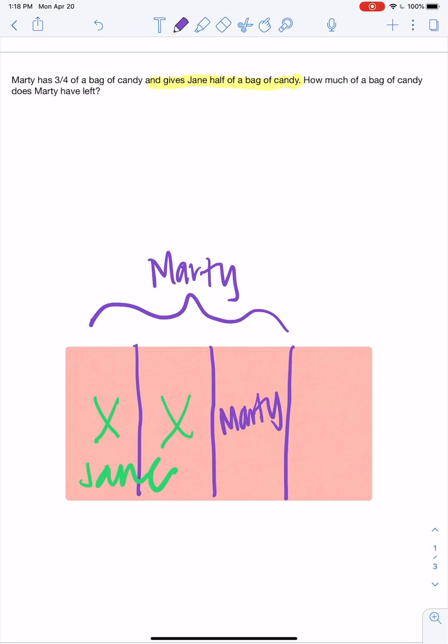So if we were to think about this as an expression, this would be Marty having 3/4 of a bag of candy, giving away a half a bag of candy. So it's 3/4 minus 1/2, which is